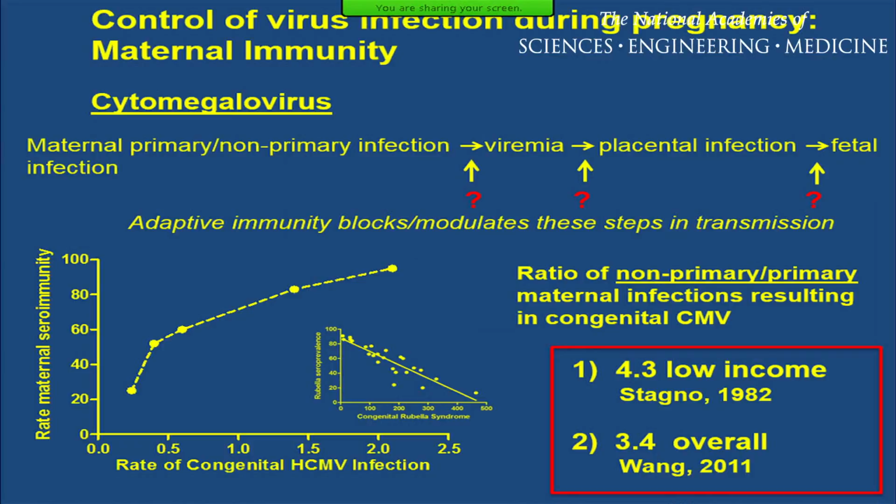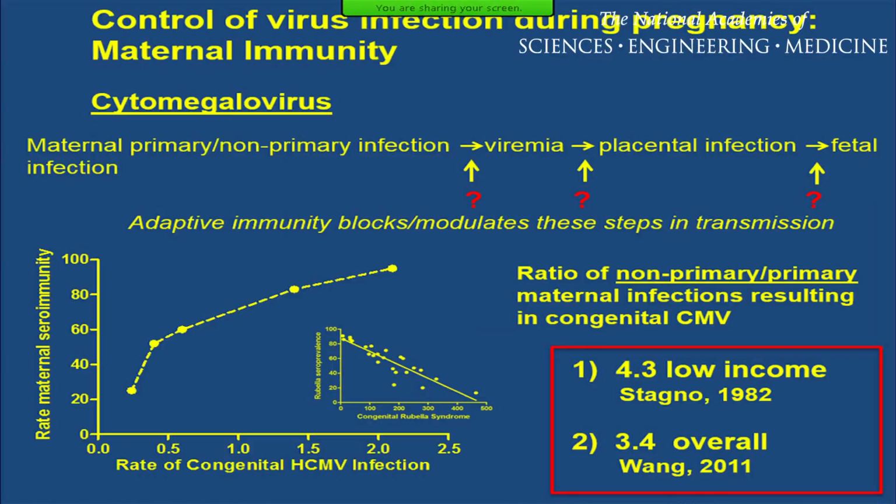In addition, adaptive immunity in CMV shows somewhat of a paradox. As the rates of seroimmunity to this virus increase, that is, as the number of women with exposure to this virus increases, we see increased rates of congenital CMV infection. And this is in contrast to rubella, which is shown in the inset on the lower right-hand corner. So the more women in the population that are immune to CMV, the more likely it is to see congenital